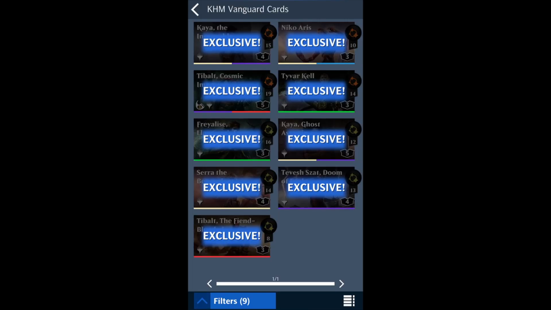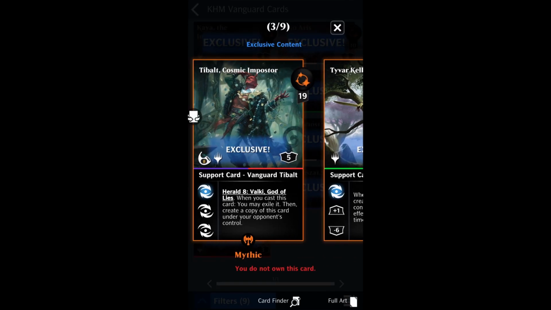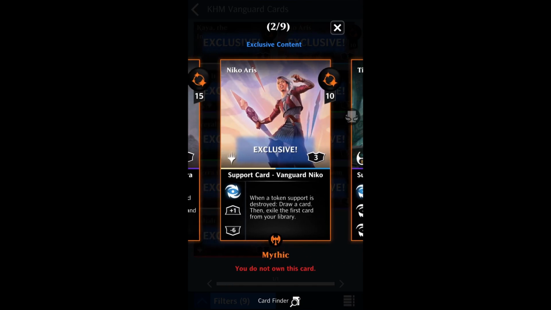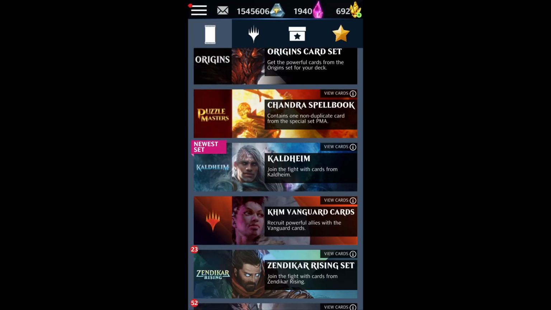So on the whole, there are actually 0 Vanguards that I think are worth chasing from this set. I would very strongly suggest that you skip the Vanguards on this set. Which is unfortunate because I think that Tyvar, Kel, and Tibalt, and Nico are cool, but just because they're cool doesn't mean that you're going to want to spend the resources that it takes to buy them to get them, because I would much rather save those resources for trying to pull a specific masterpiece